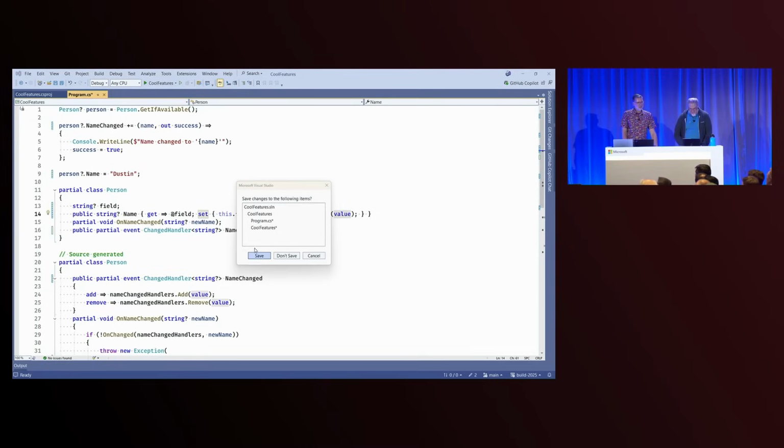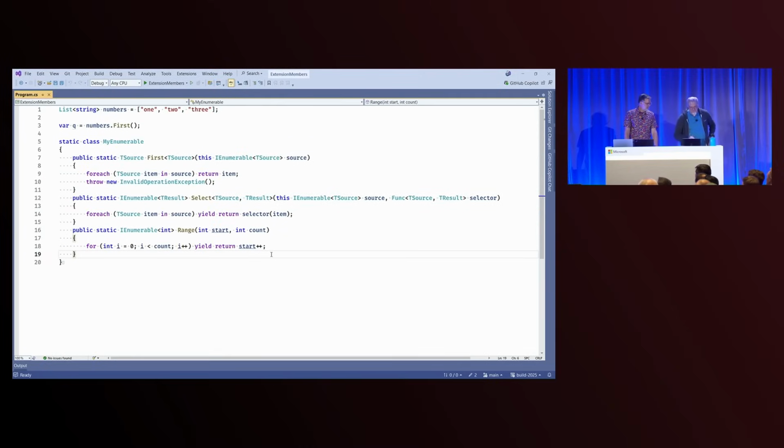This went well. This is good. When was it? C# 3? It was 2008. So we shipped extension methods 17 years ago. And then people immediately said, hey, that's great. When do we get extension properties? When can I make my extension methods static? And we're like, oh, we'll go work on that. And then it turned out to be really hard. And so, just spoiler alert, we're doing it now.